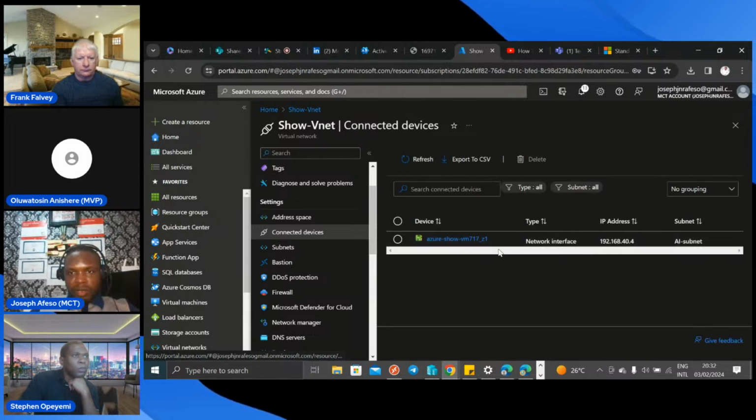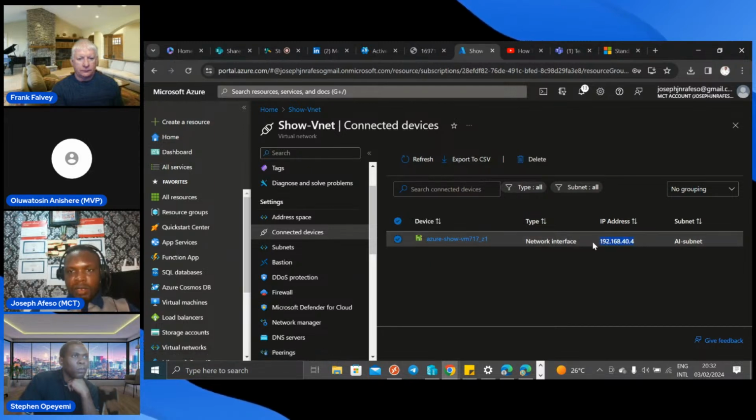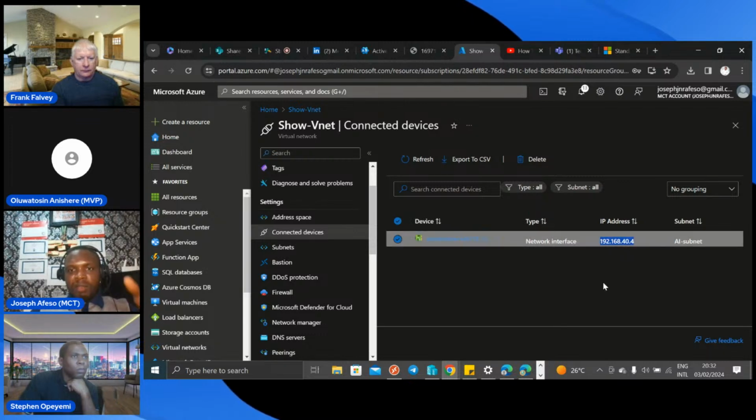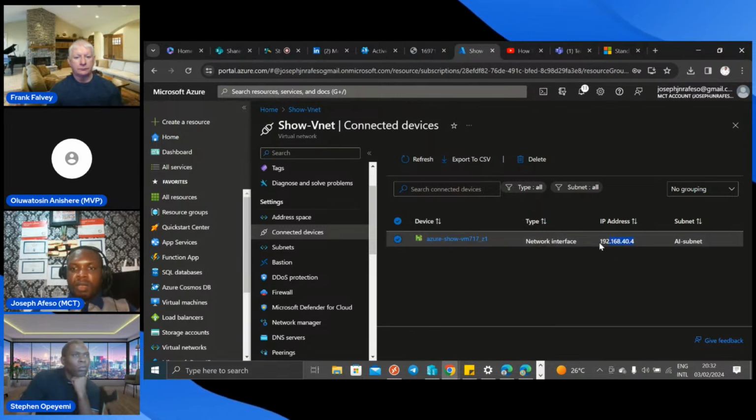Connected devices is showing that we have the Azure VM, and it is assigned 192.168.40.4. So the first machine connected to a VNet is usually assigned this IP dynamically from Azure by default.